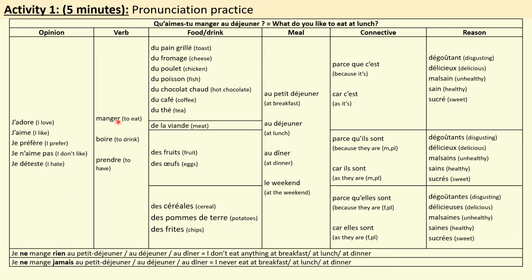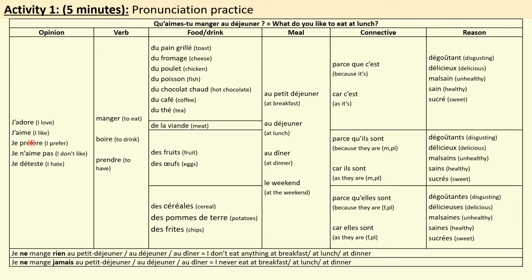Ok, écoutez et répétez. J'adore manger du pain grillé au petit déjeuner parce que c'est délicieux. Let's go. Your turn. Good. Écoutez et répétez. J'aime boire du thé au déjeuner car c'est sucré.